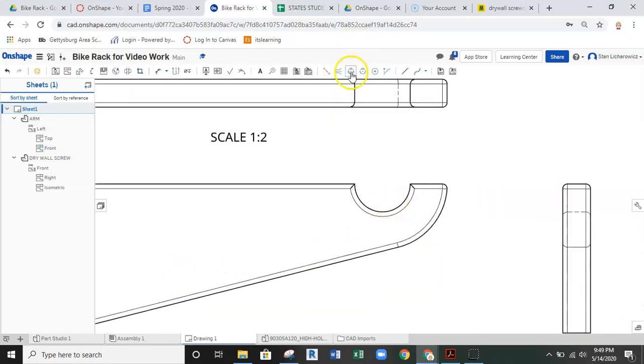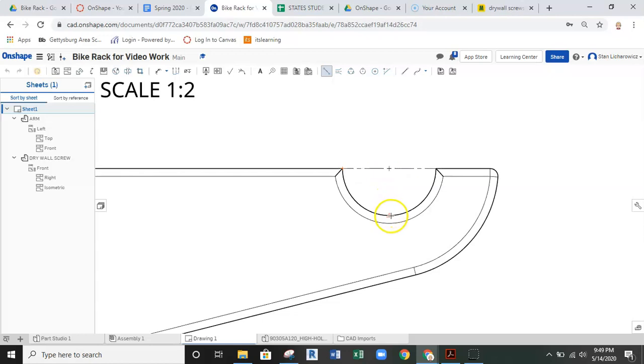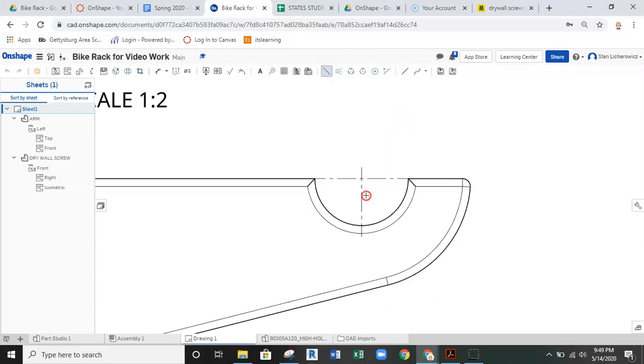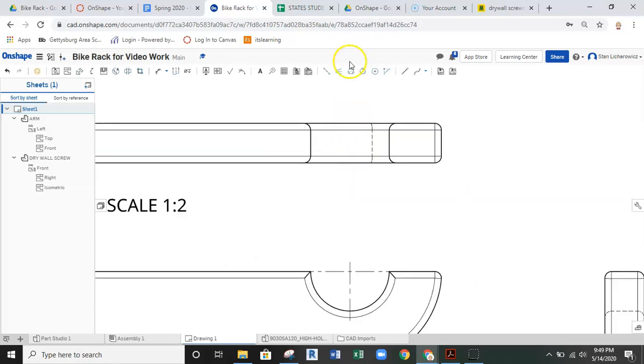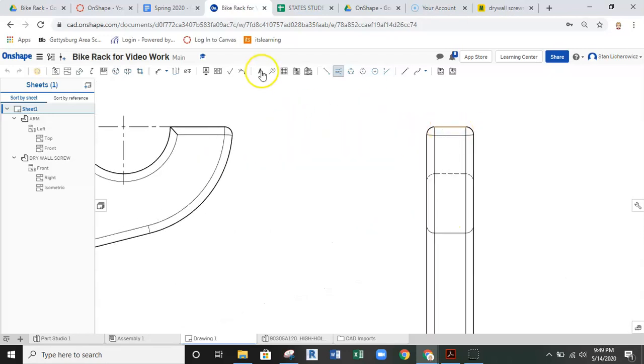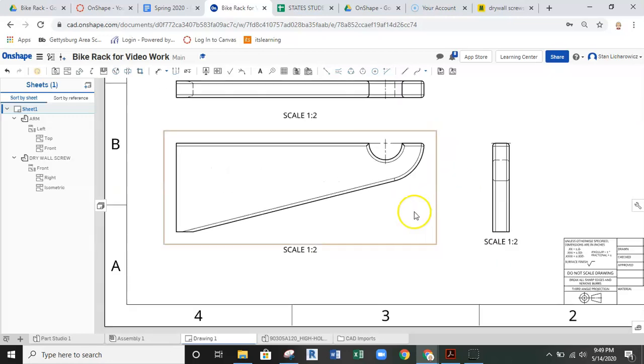So to do that, one of the first things we're going to go ahead and do is grab your center mark tool and center line your hole here, and then we'll go ahead and set up a, oops, find that to be slightly tedious, but what we got to do. All right, so there we go. We have a center mark on that hole. We'll need to get a bisector through the center of this hole for that center mark, and then this center mark is actually running across the top of this part here, so we could just go ahead and pull from side to side here a center mark so it extends. All right, so now we have our center marks. Now we're ready to continue